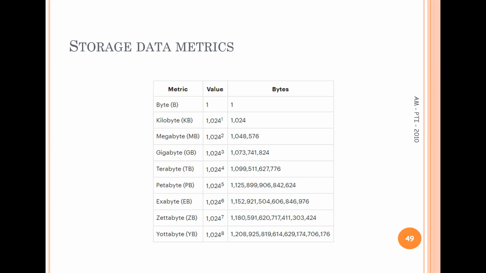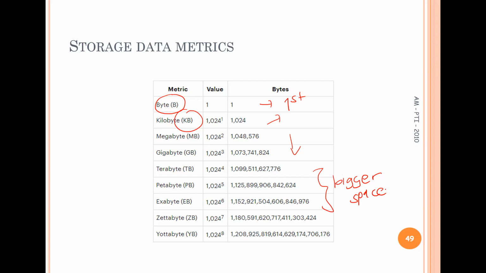Yeah, here's the storage data metric. We all know we start with the first generation, where we use byte or kilobyte, right? For the capacity of performing the task. But now it's getting better, getting faster, but they also require bigger space.